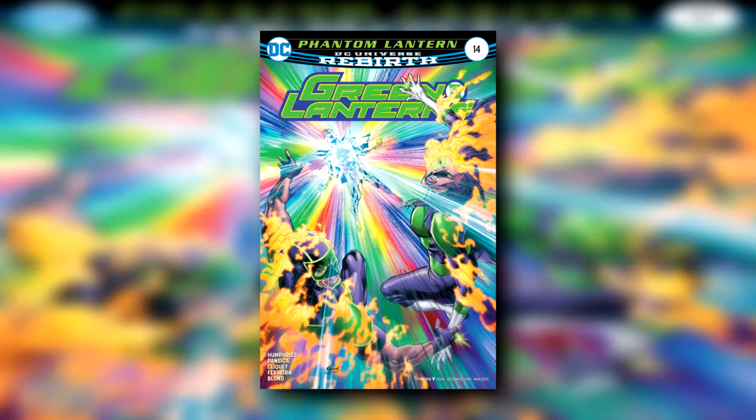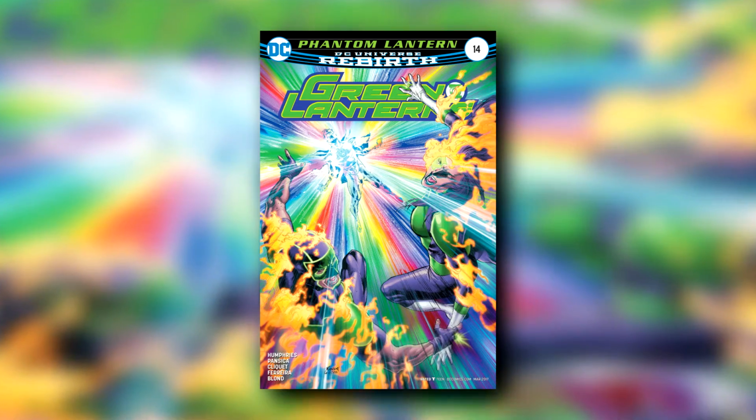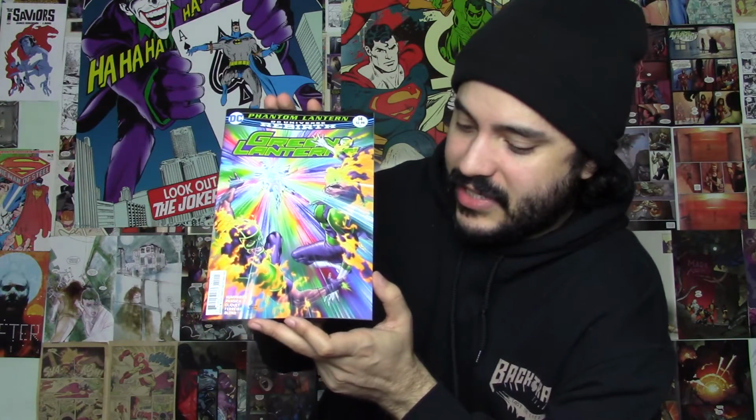And now the next comic book that I picked up is an awesome cover. This is actually just the regular cover. This is Green Lanterns issue 14. It's still part of the Phantom Lantern, but again, folks, I just love the colors on it. I really do. Honestly, inside the comic haul videos, I like to say I prefer the